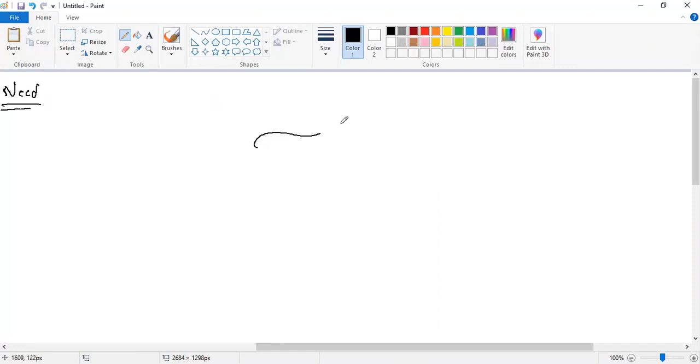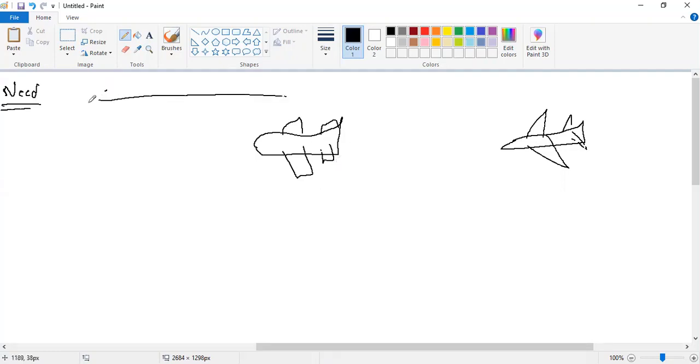Suppose this is my aeroplane. Let's say this is a fighter aircraft. It enters the enemy territory. If a country is trying to attack, the enemy will not sit idle, right? He will also try to target your aircraft and try to damage your aeroplane. So let us say that we have got another fighter aircraft behind this, which is trying to target this aircraft. So this aircraft should have enough power available so that he can run away from here.